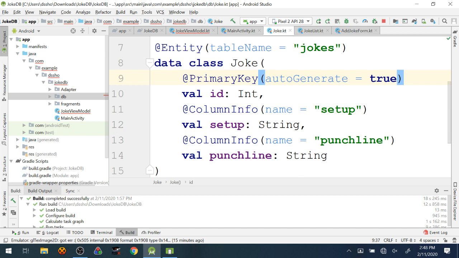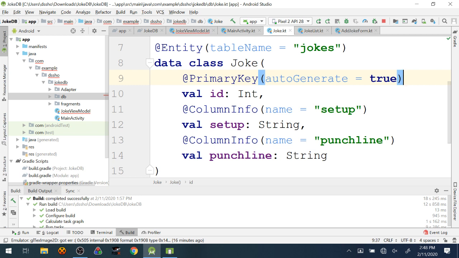Are there any questions so far? So we've annotated our model. We're telling the library, here are the different pieces, and here's where I want them to go. Yes? So the auto-generate would be the equivalent to auto-increment in SQL? Yes, auto-increment, exactly. I suppose technically it wouldn't have to be auto-increment. It could just pick numbers at random, but I'm pretty sure it just counts up.